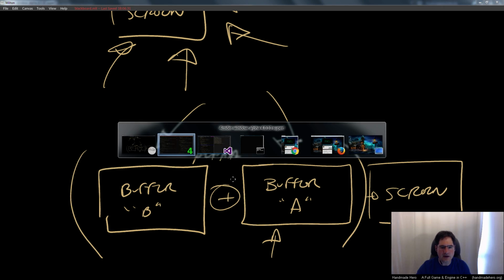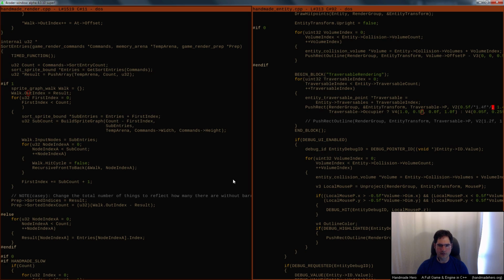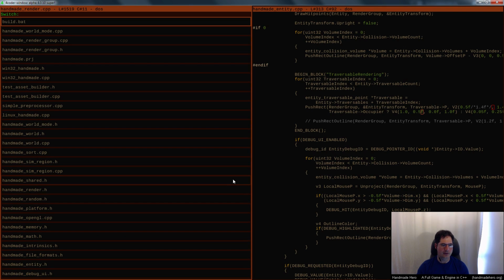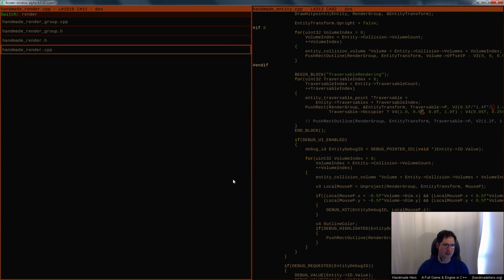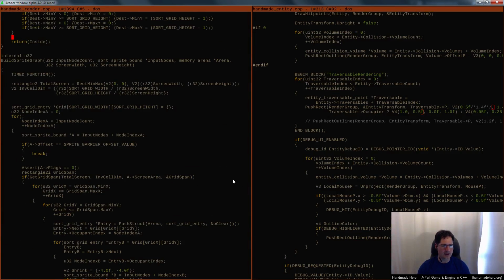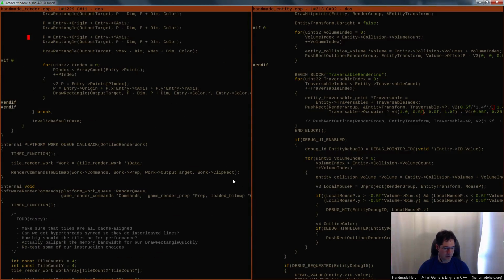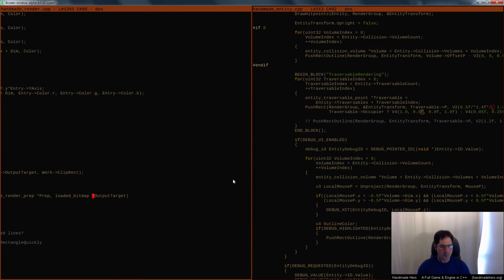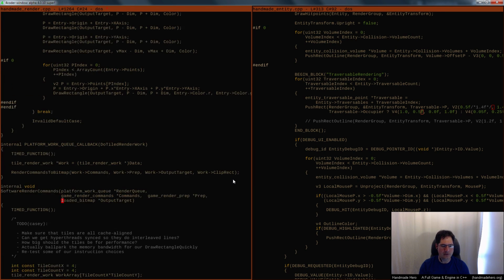And if you take a look at the way that our old software renderer worked, we can pull that back. You can see that if we go to software render commands, we pass it this output target, and the output target was doing double duty.